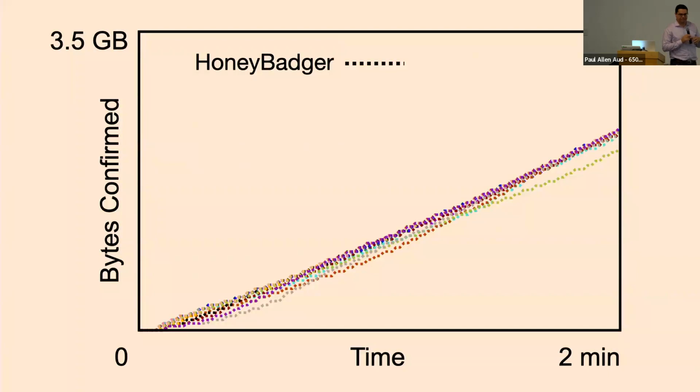So I'm going to show you just these AWS results. Let me show you some traces that give some intuition about the operation of Honeybadger versus this improved protocol that we call DispersedLedger. This is a trace of the progress at every node on the AWS testbed in Honeybadger. Every line corresponds to the number of bytes confirmed at any point in time. There's 16 of them here. Notice that they're all very close to each other. This is because in Honeybadger, you have to wait for the 2/3 slowest node to download the block before proceeding in that epoch. So they all make progress at almost the same speed.